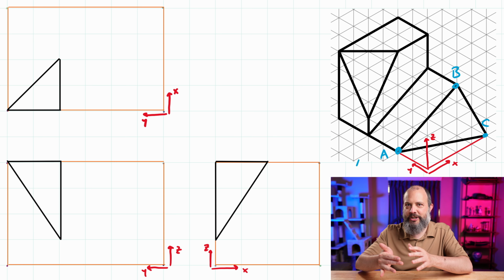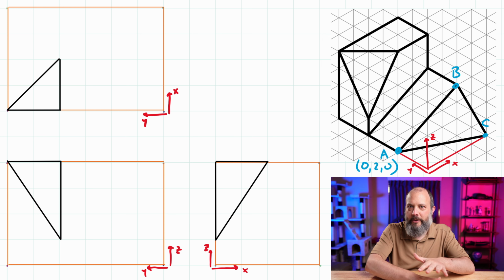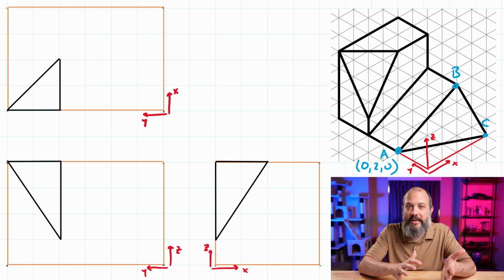That's 0 in the X direction, 2 in the Y direction, but it's all the way on the ground, so 0 in the Z direction. Point B at 4, 2, 2, that is, it's set all the way towards the back, so X of 4, and then a Y of 2, and up just a little bit, not all the way to the top, just halfway, Z of 2. Point C at coordinate 4, 0, 0,